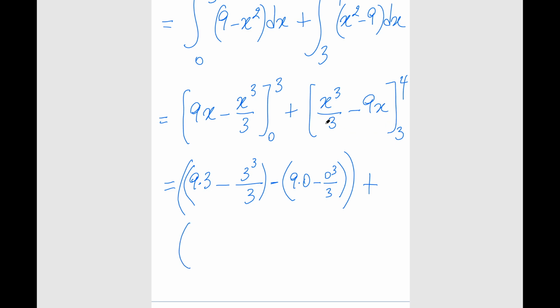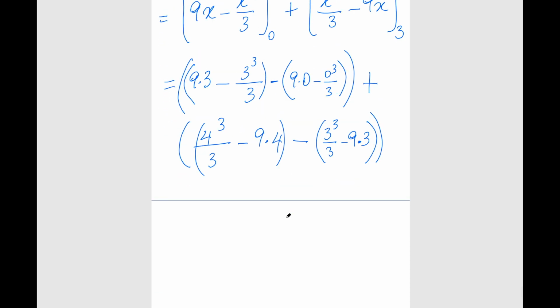Same thing here. I'm going to take this guy evaluated at the upper bound 4. So 4 cubed divided by 3 minus 9 times 4. This is the evaluation at the upper bound minus the evaluation at the lower bound. So I'm going to replace x by 3, right? So I get 3 cubed over 3 minus 9 times 3. Okay, and this is algebra now. This is what? 9 times 3 is 27. 27 minus 3 cubed over 3 is 3 squared, which is 9, minus 0, right? So all this is simply that guy then, plus,